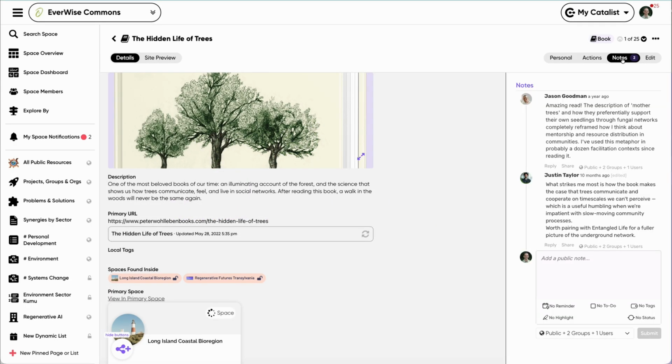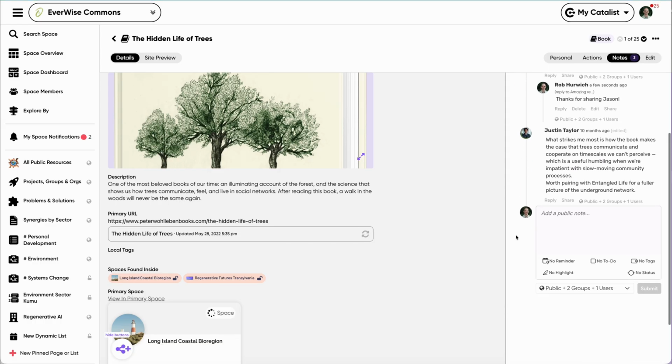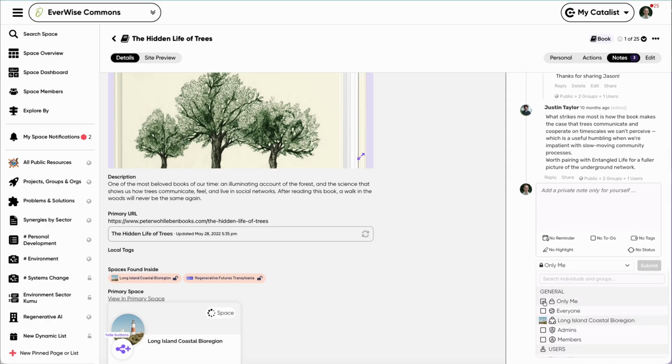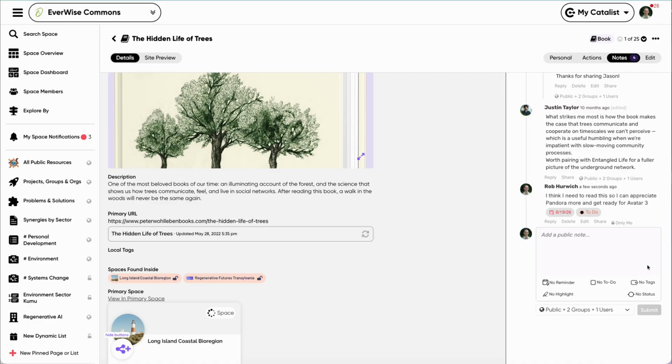Speaking of notes, those happen to be another superpower of Catalyst. Notes live on the item itself, not in a separate chat thread or disconnected record. The knowledge object gets richer every time someone engages with it, and nothing gets lost. Public notes build shared understanding that accumulate over time. Private notes let you process and track without anyone else having access and you not having to separate your thinking